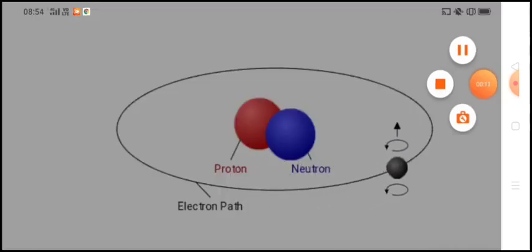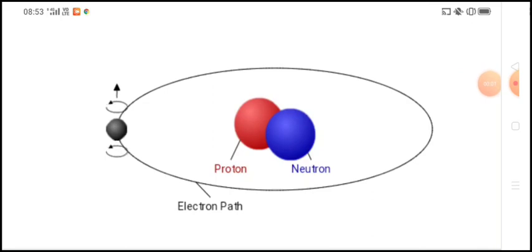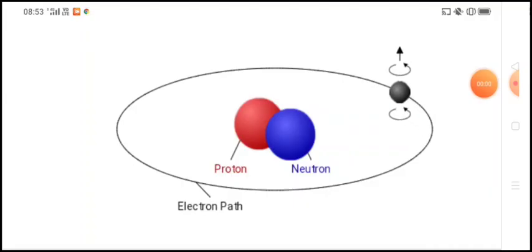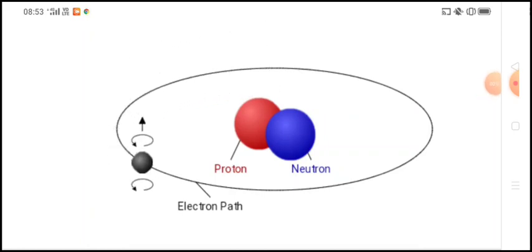Now while moving around the nucleus in their orbits, the electrons have 2 types of motion. They are rotating as well as spinning, as you can see in this picture. So this is actually responsible for generation of magnetic field. How is it able to do so? That, as I was telling, you would be able to understand once you study the special theory of relativity.